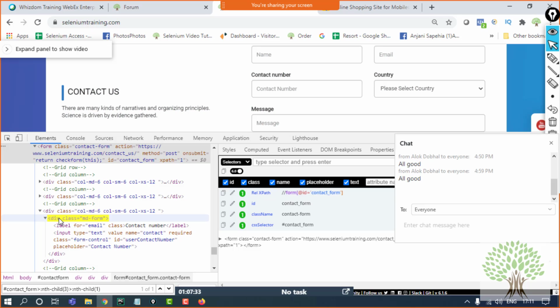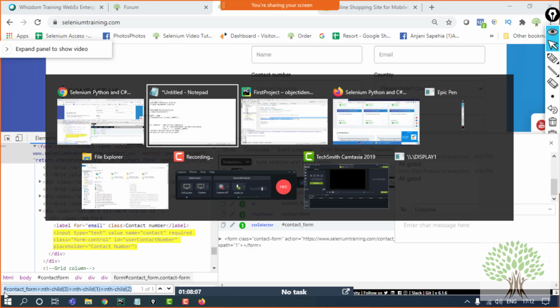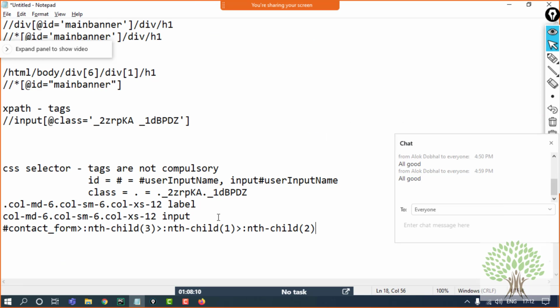After this, I have a label tag and an input tag. I have two things which I want to access. I want to access the second one, the input tag. So I'll say slash, this arrow icon, colon nth child. If I say 1, then it will highlight the label tag. If I say 2, it will highlight the input tag. This way. So nth child does not differentiate between the tag names itself, and this is the kind of CSS selector that I have got.